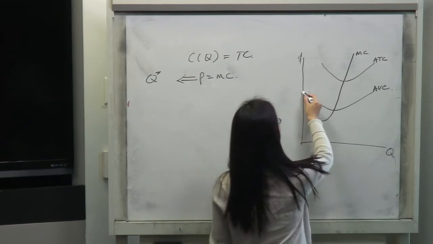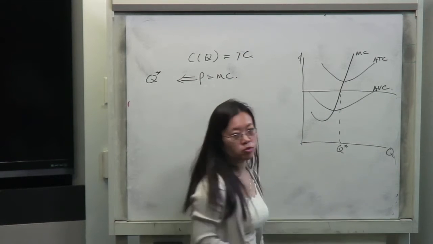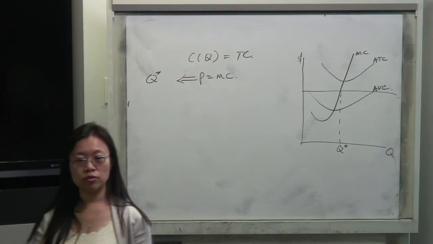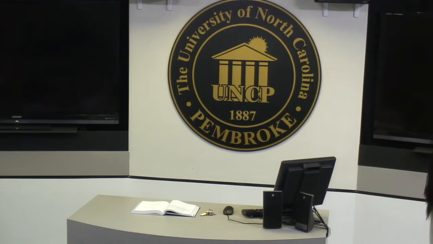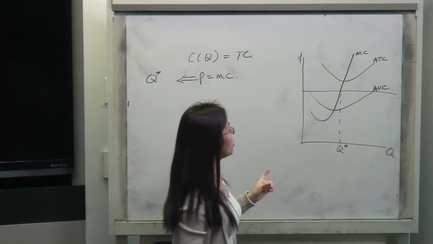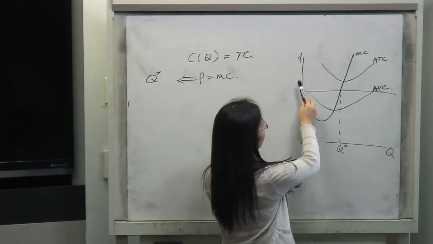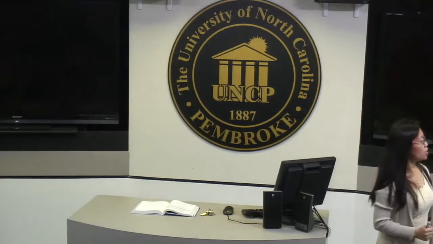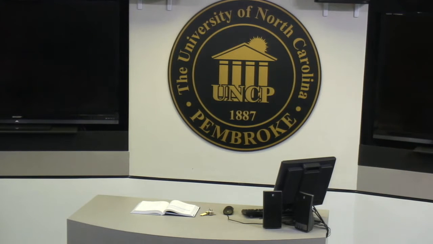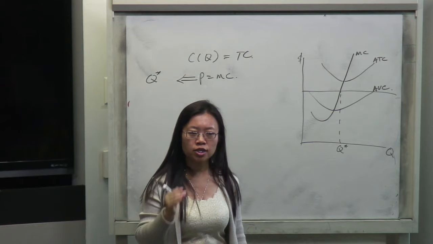We utilize this on the graph as well. If the price is right here, then the optimal output should be here. And we're able to find the total revenue, total cost, and the profit on the graph. The total revenue would be that whole rectangle. And for total cost, you find the average total cost by using this Q star. Remember that stuff? Okay, good. And then at the end of last class, I talked about the operating profit, economic profit, and the break-even